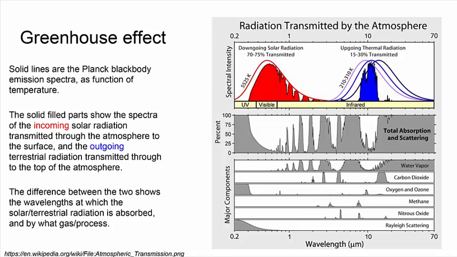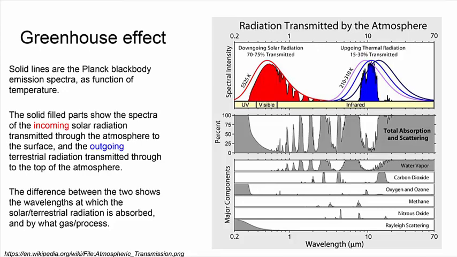I'm trying to understand the difference between Rayleigh scattering and absorption. Here I'm showing the total, so it's taking the total absorption and scattering. Absorption would be oxygen and ozone absorbing the incoming solar radiation, but scattering you can think of as bouncing off and just reflecting back, so it's sent away from the Earth. So it never reaches the surface, and this is because it's preferential at smaller wavelengths.